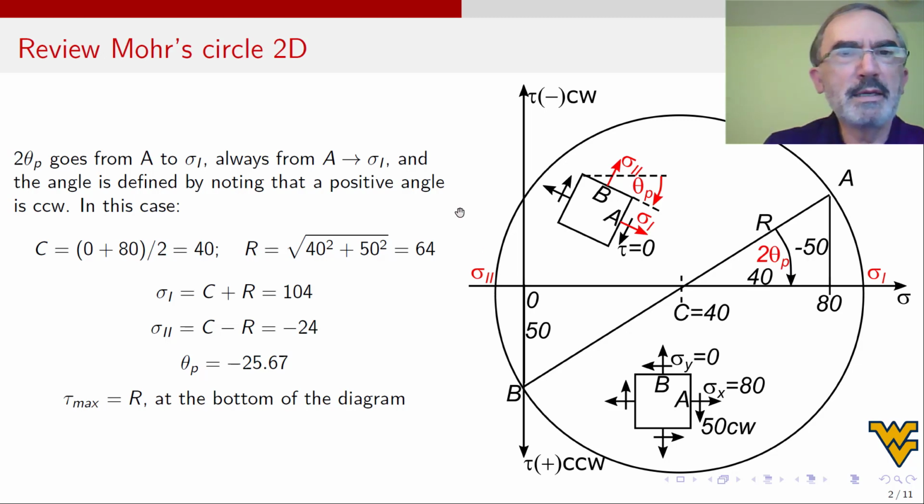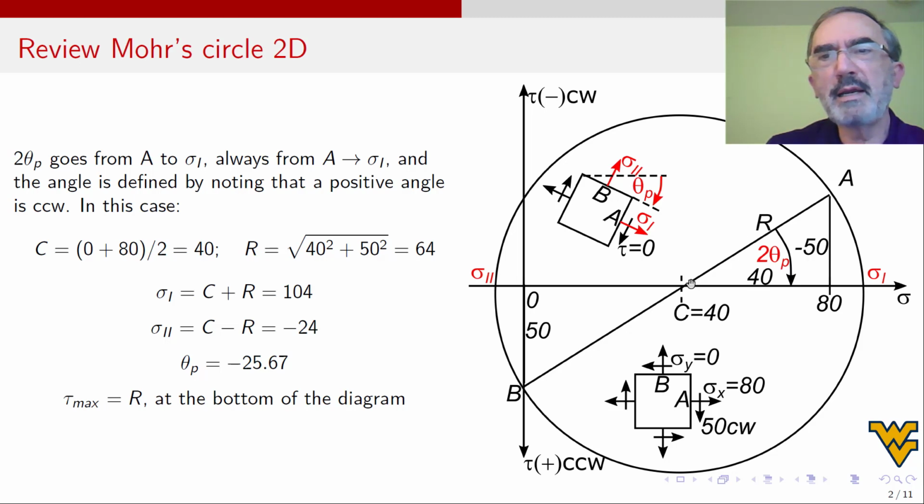The way I try to convince everybody to do Mohr Circle is graphically, because then you don't have to remember any equations. To do it graphically, first we find the center point, which is sigma x plus sigma y divided by 2: 80 plus 0 divided by 2 is 40, that's the center of the circle. Then find the radius. For that we need a number, this distance here, which is very easy because it's 80 minus 0, sigma x minus sigma y, divided by 2. Squared, plus tau squared, and that gives us 64.